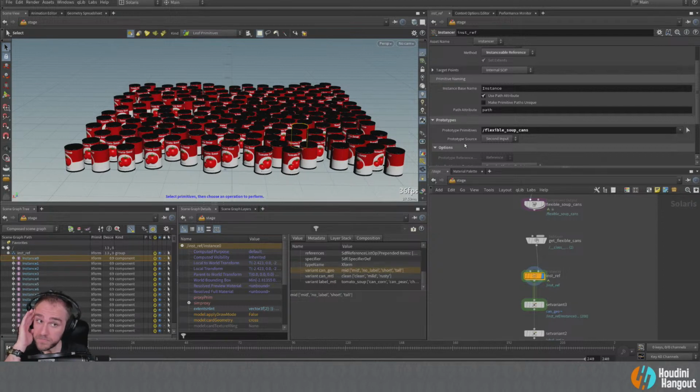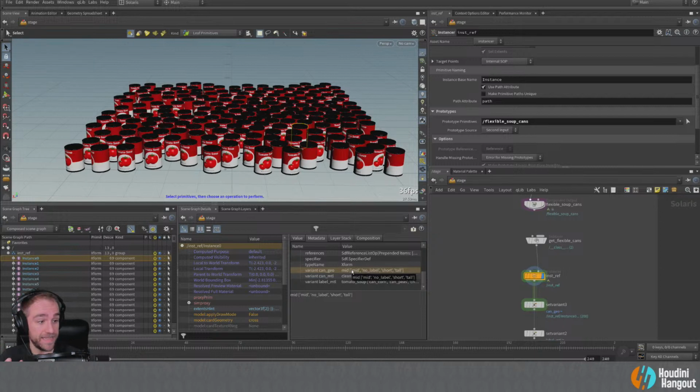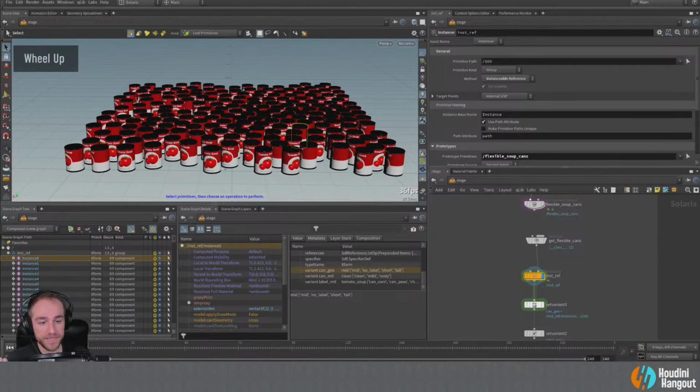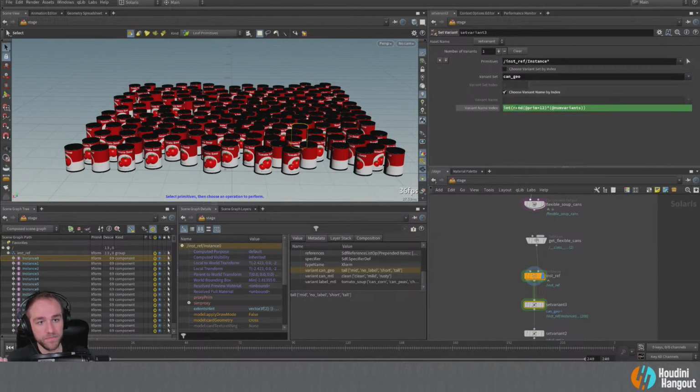and mid is the one that's set because we said that was going to be our working variant in all of this. So we've got these four variants that we want to work with, right? In this set variant, we're going to randomize based on the primitive number, and we're just going to add a little seed number. I just added 12 in there. Then we're going to multiply that by num variants, which tells us the number of variants in this list here. And we're going to make sure that's an integer coming out of that too, so we're just casting that to an integer.